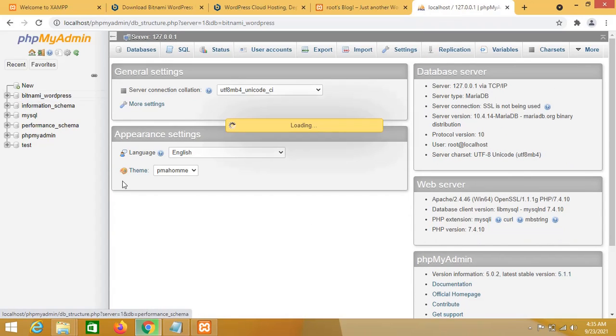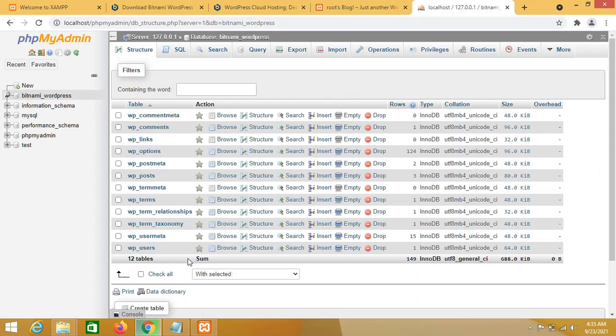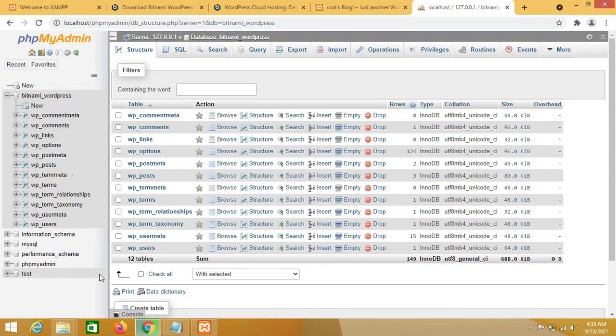See, when we have installed WordPress by using the XAMPP dashboard, then in this case the database is automatically created.